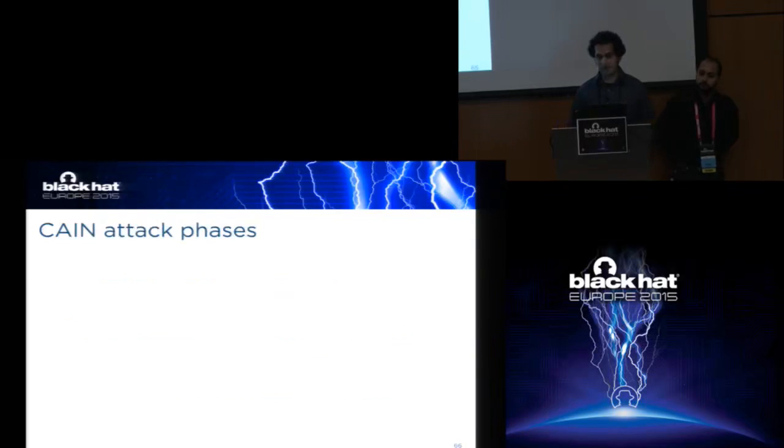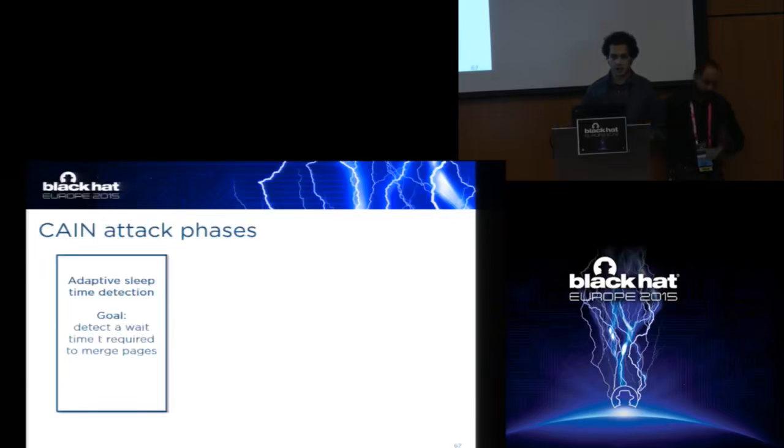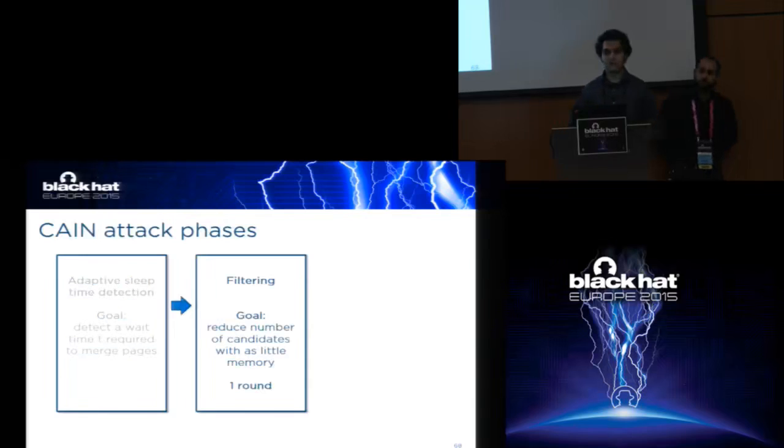So just briefly, let's go over the Kane attack phases again. In the first phase of the attack, we try to figure out how long we need to wait in each round of the attack for pages to get merged. Depending on the configuration, this can be anything, so we have an adaptive algorithm that tries to figure out what time we need to wait. Then in the second phase, we do a filtering pass where we have a huge number of pages, like 500,000 pages, if, for example, we have 19 bits of entropy. Our goal here is to reduce the number of cases that we need to check further. In this case, we might have some false negatives, but that's fine. We can always run the attack again, but in our experience, that didn't happen that often.